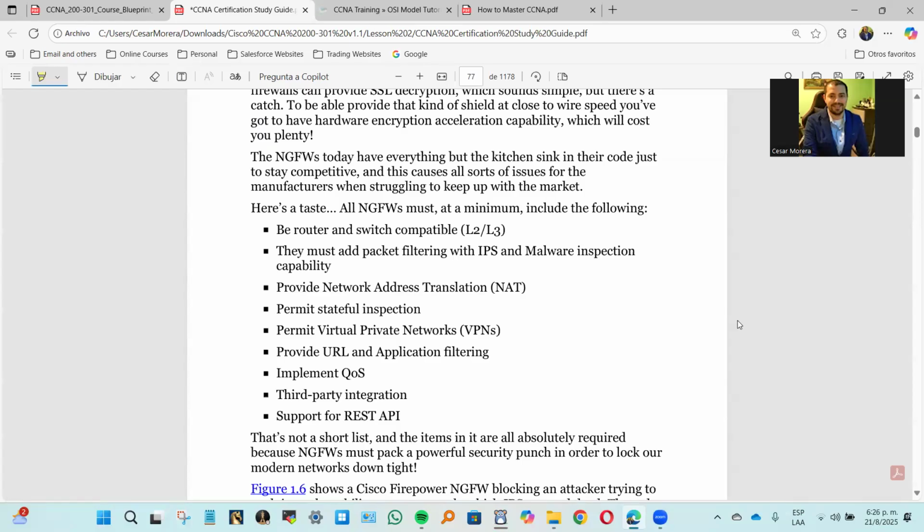So, what are some of the advantages or functionalities of a firewall? In this case, next-generation firewalls. They can be a router and a switch. It means we have compatibility with layer 2 and layer 3. They help us with malware inspection capability and packet filtering with IPS, provide network address translation, NAT,